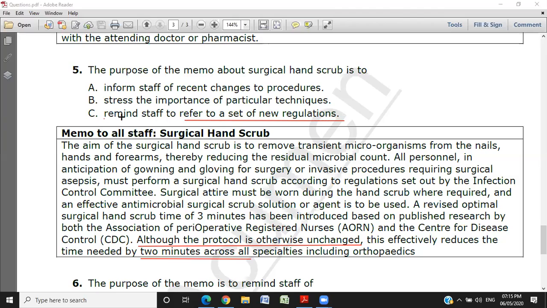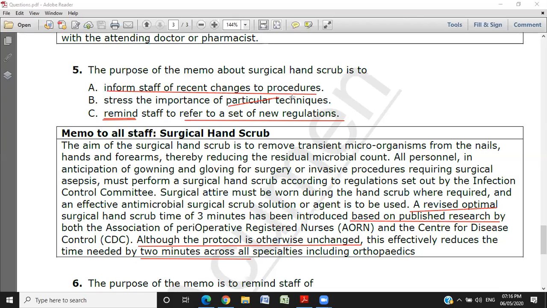And again, it says remind, right? So remember, whenever you are looking at purpose questions, pay attention to the verbs used. So here it says that they are a revised optimal surgical hand scrub. That means this is published for the first time. So it is not a reminder. Reminder means it was already there and now the staff is being reminded of the protocol. Here it is not a reminder because there is a change in the protocol and they are informing the staff of the change, right? So it is inform the staff of recent changes to the procedure,